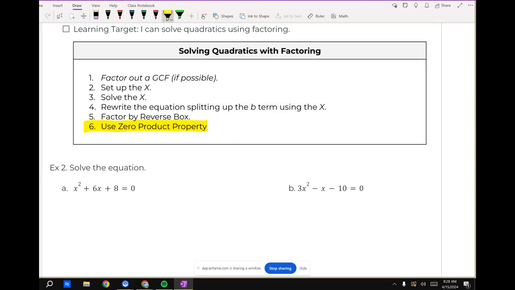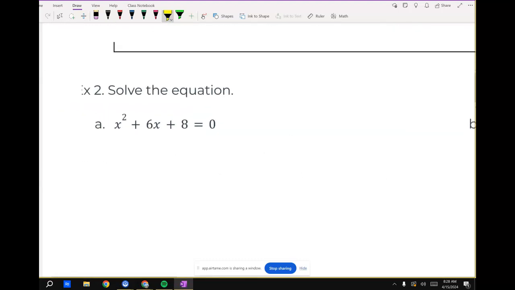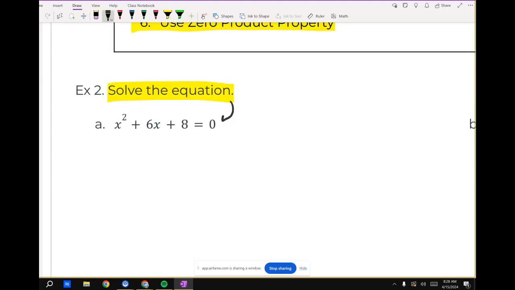So everything we've done up to this point, the instructions have just been factor the polynomial. And we did that. Instructions can go a long way in telling you what to do, especially if you're stuck. So one thing I'm going to point out is what the instructions say. Solve the equation, what's also new, equal to 0. Whenever you see something set equal to 0, and it says solve the equation,